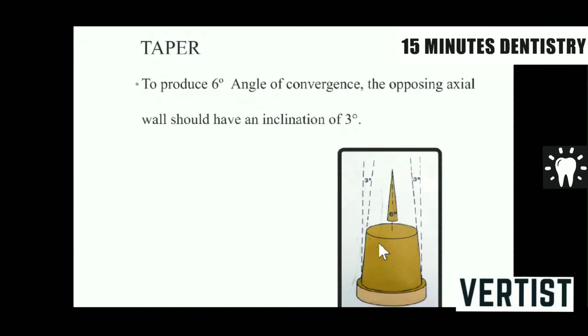We also need to give some amount of taper to our tooth structure so that the restoration stays in place. Ideally, we should have parallel walls, but parallel walls are almost difficult to prepare. So, a minimal amount of taper, that is 3 degrees on each of the axial walls, is sufficient to retain our prosthesis in place. And the literature has reported that when the degree of taper increases, the retention comes down.